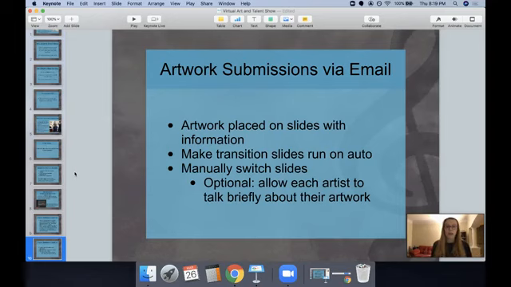So the main thing is just making sure that students' artwork is up and displayed in some way. So this is one way to do it. Now, the second way to do it,